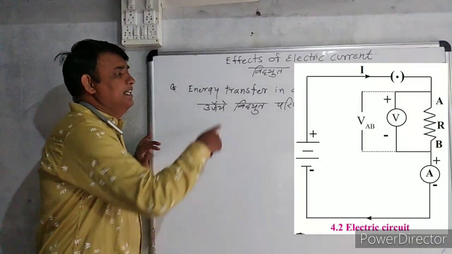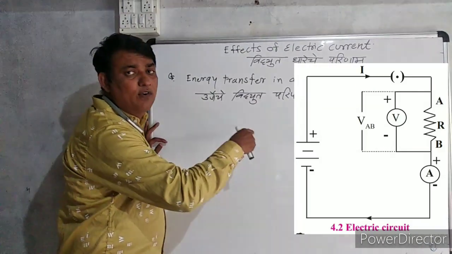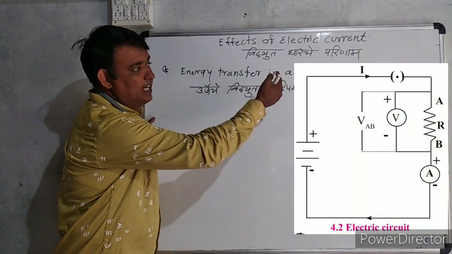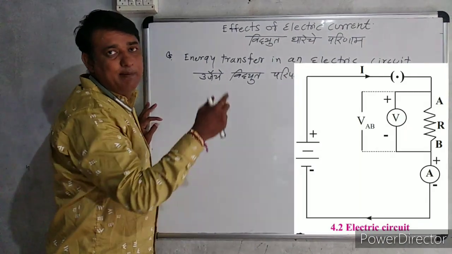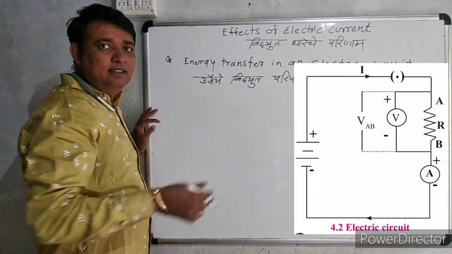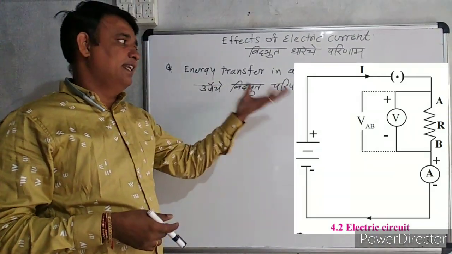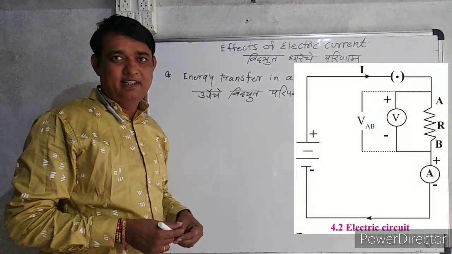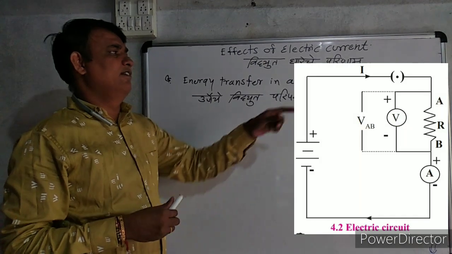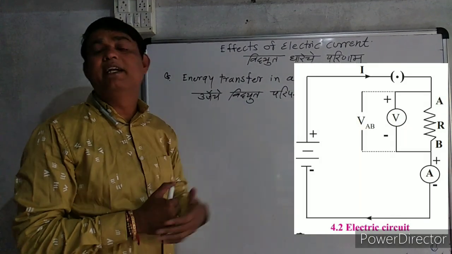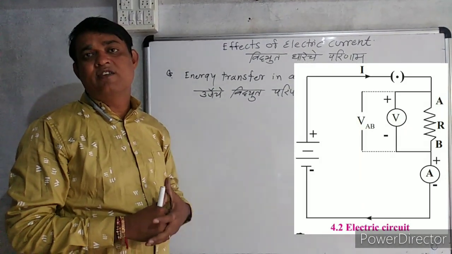We can observe that in electric circuit, electric current flows, a cell provides the energy, and that energy is absorbed by the resistor. And when the energy is absorbed by the resistor, the resistor emits the energy in the form of heat. You can imagine what happens if we replace the resistor with an electric motor, then the energy is converted in which